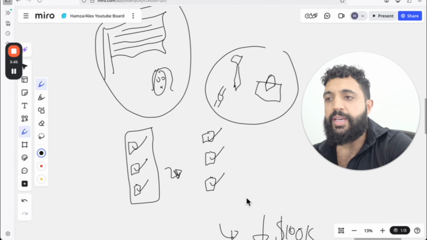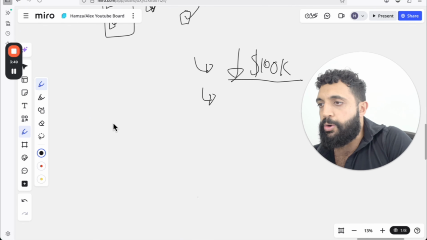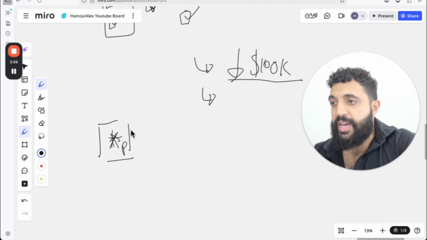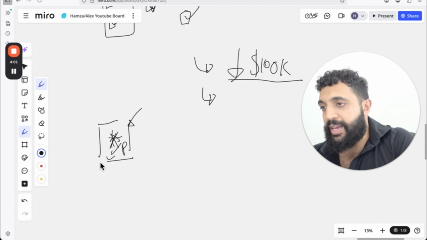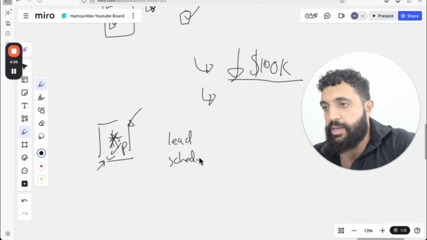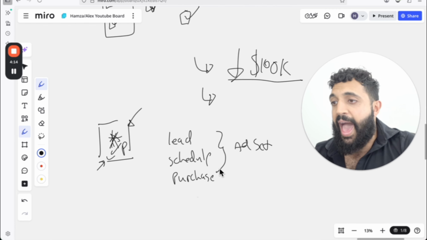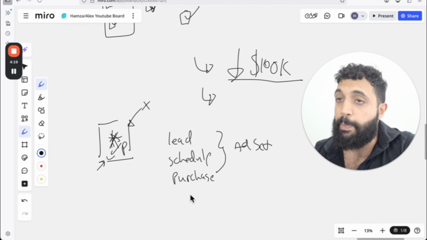And this is the issue. It's pixel conditioning. All right, so let me tell you very specifically. If you don't put barriers and constraints around your Facebook pixel, what's going to end up happening is that you're going to let in a whole bunch of people and they're going to be triggering the pixel event, right? This could be the lead event. This could be the schedule event. This could even be the sale, the purchase event, right? Whatever it is that you're optimizing for at the ad set level. And then what happens is that as more of the wrong people start triggering this, dude, it is a bloodbath.